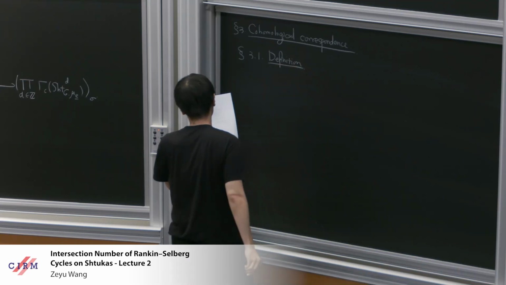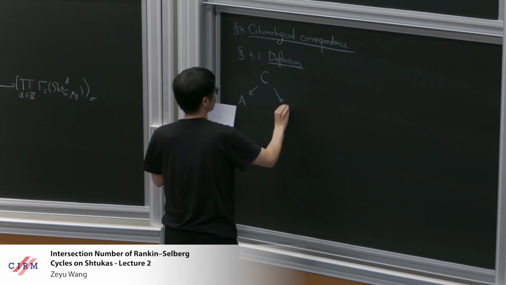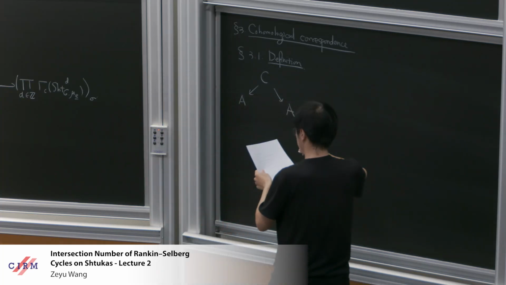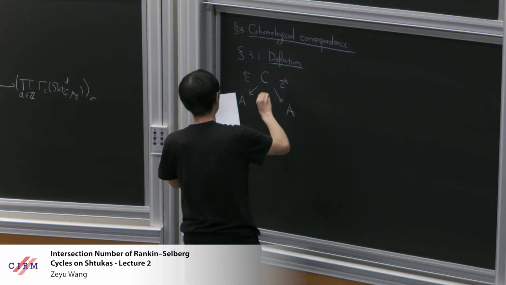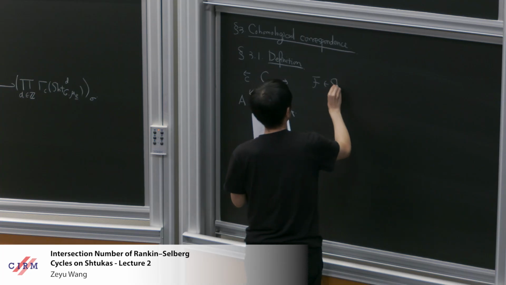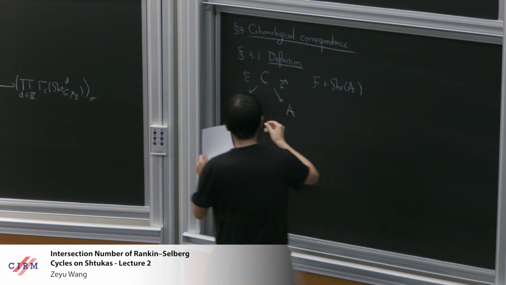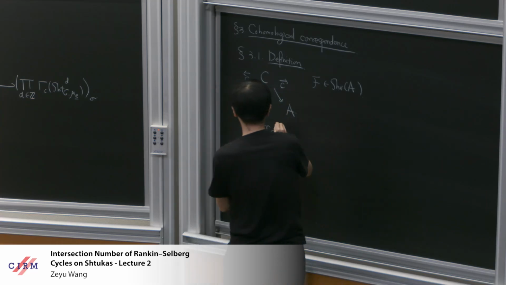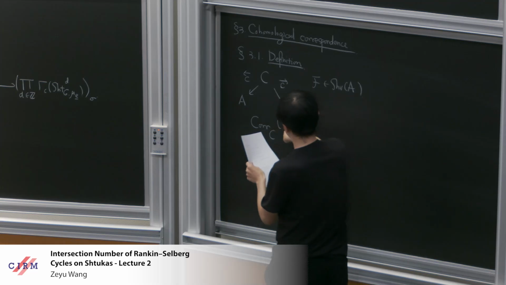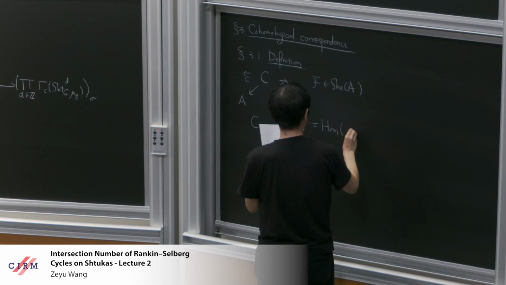So first, what do I mean by cohomological correspondence? Suppose you have a correspondence between two things, say for example any pre-stacks. You have a correspondence between them, and you have a sheaf here, then the space of cohomological correspondences supported on C, on the sheaf F, from F to F, is defined as a Hom space from